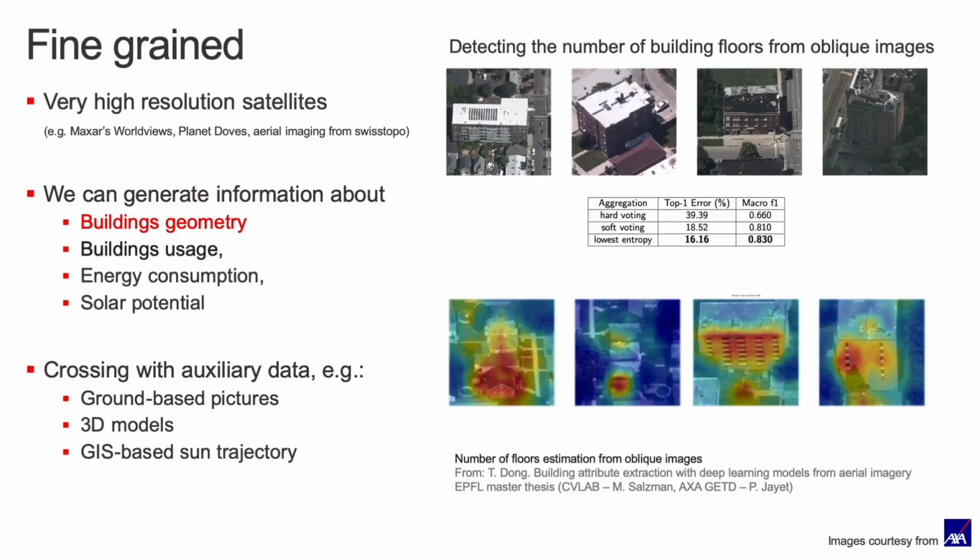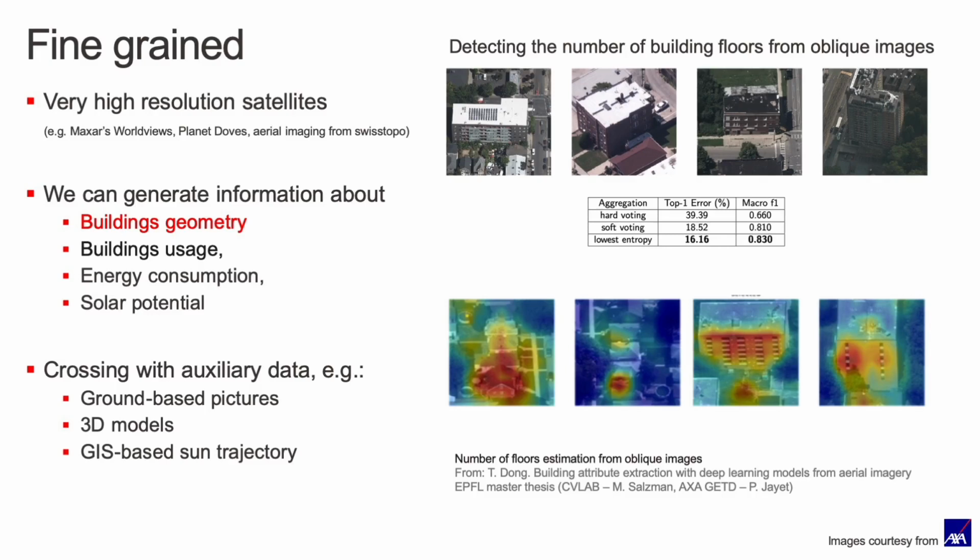Or in this example, where colleagues at AXA were building models to estimate the height of the building from oblique images taken from space. And this is pretty interesting because it's a kind of information that seems very simple to grasp. If you look at the buildings, you will immediately know how many floors you have. But when you have to scale this up to the level of an entire city and you have to go through each building one by one, it's very good to have sensor data that allow you to do that automatically